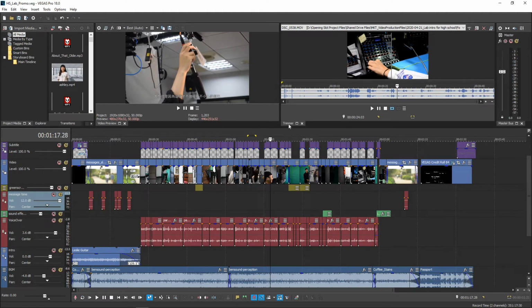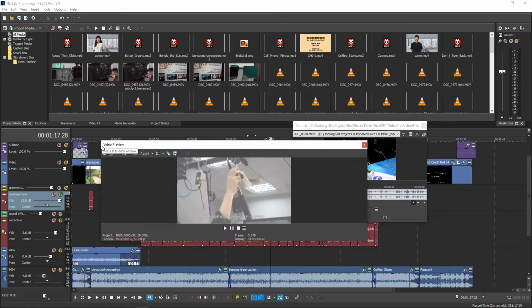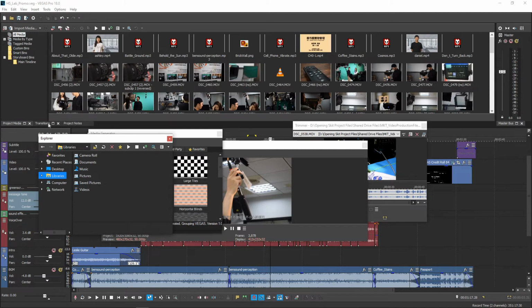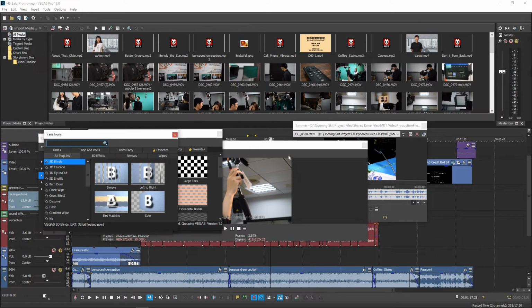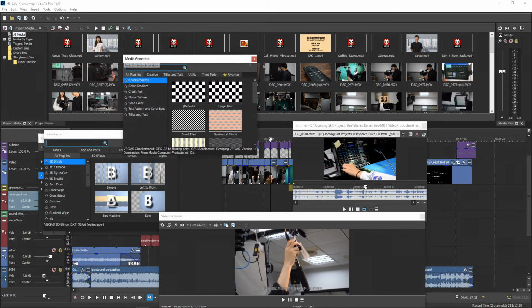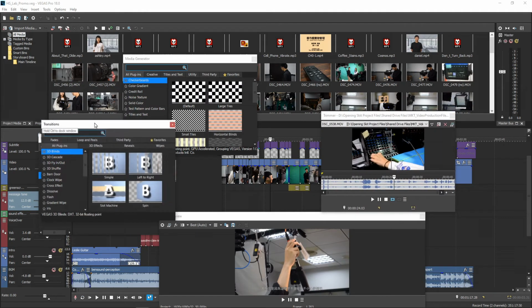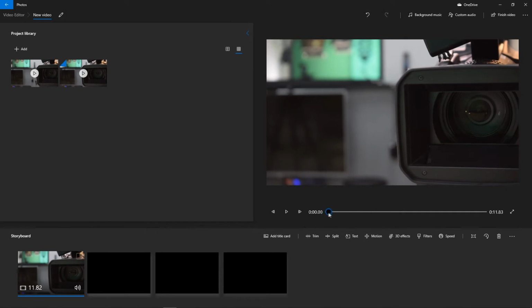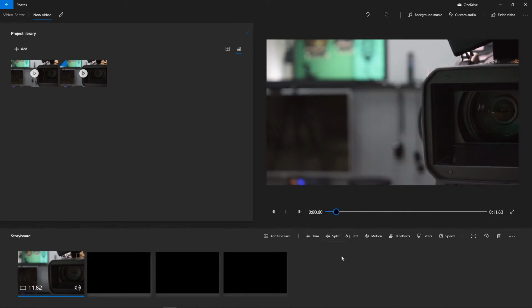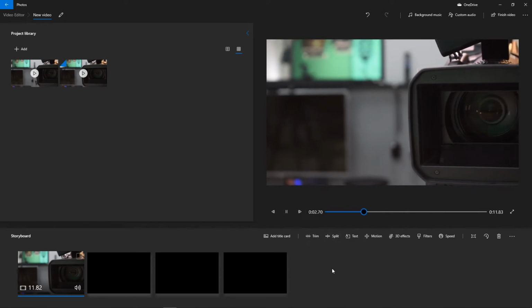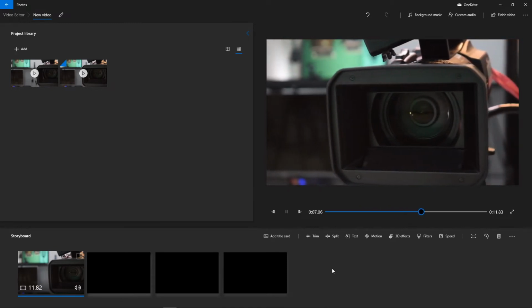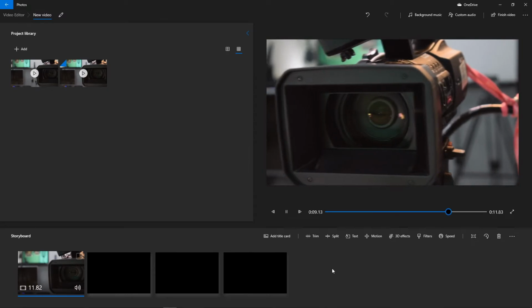Often, people will have their own preferences, or they'll be used to previous programs that they have used in the past, so they might want to reorganize the windows to suit their habits. For example, if you have used the default Windows Video Editor before, and that is the software you are used to, it doesn't have that window. So you can easily move that tab away to match your personal preferences.